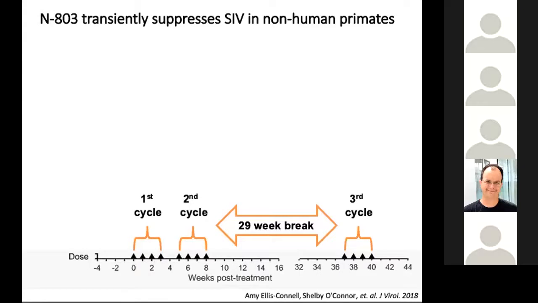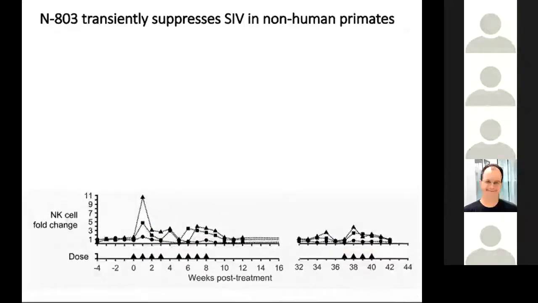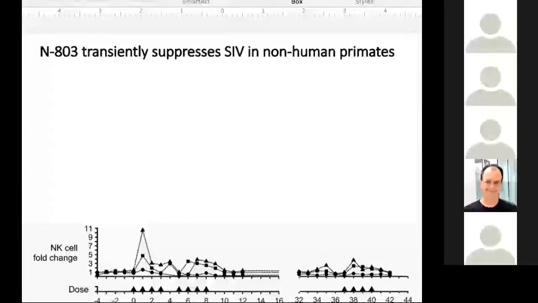So this is our non-human primate study that we looked at. This is a very small study. There's only 3 monkeys in this study, so that's one of the limitations of this study, but it's unfortunately a kind of a challenge with non-human primate studies in general. So these were the doses that the monkeys received, and so we can look at the fold change in their NK cell responses. And so we'd see in the first cycle, in 2 of the monkeys, a pretty strong response, and then the subsequent cycles, we do see a response for in 2 of the 3 monkeys. And then in the third cycle,